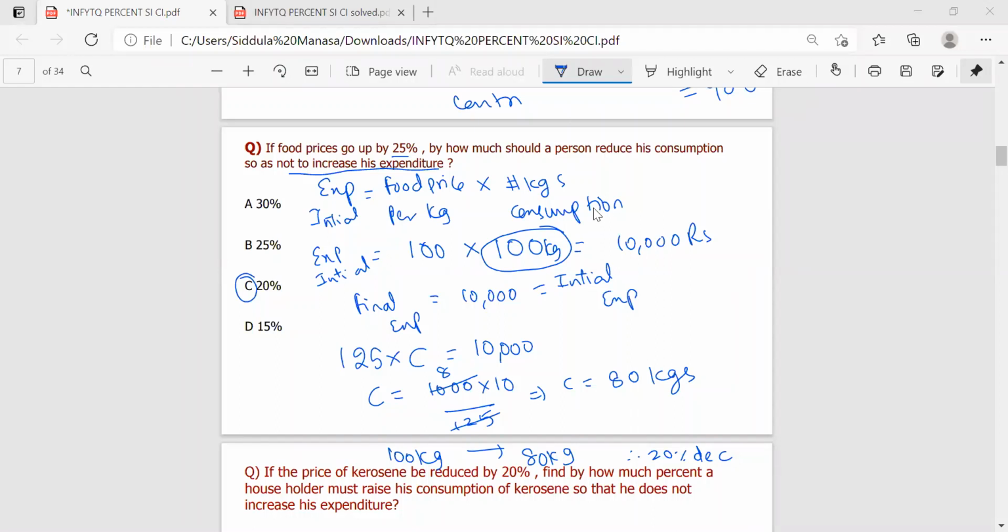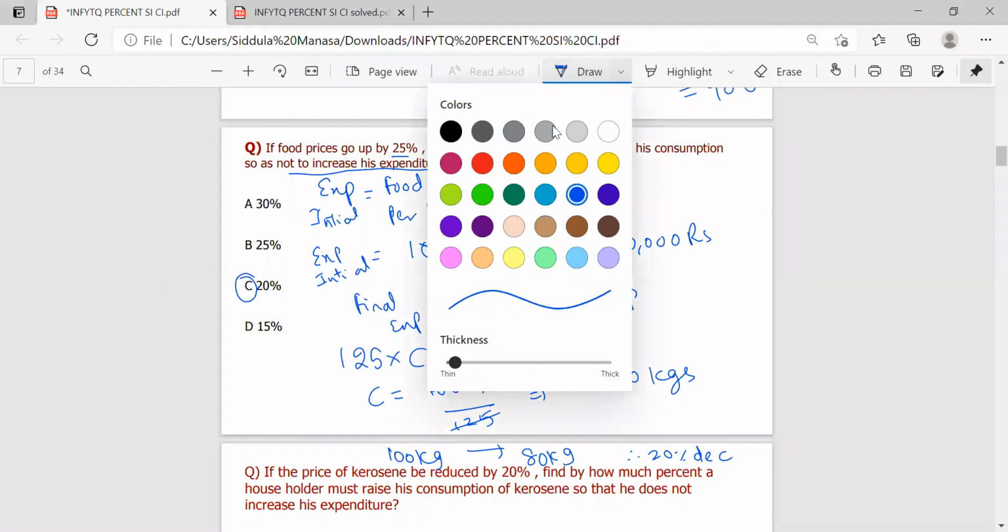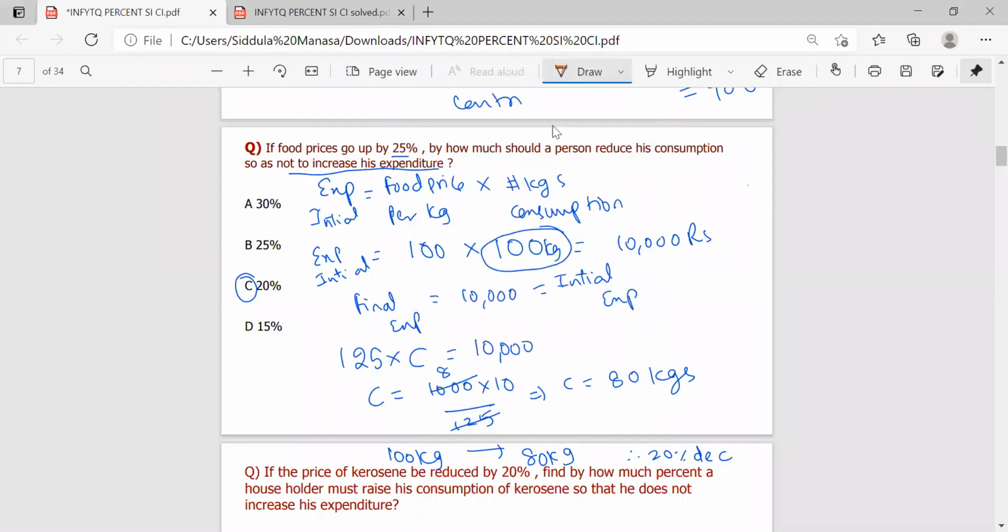So if the normal procedure is clear, you can do this question with a formula also. How to do this question with a formula? Whenever the question starts with food price goes up by 25%, up means an increment, right? So the consumption has to be reduced. Now for the reduction in consumption, the formula will be,